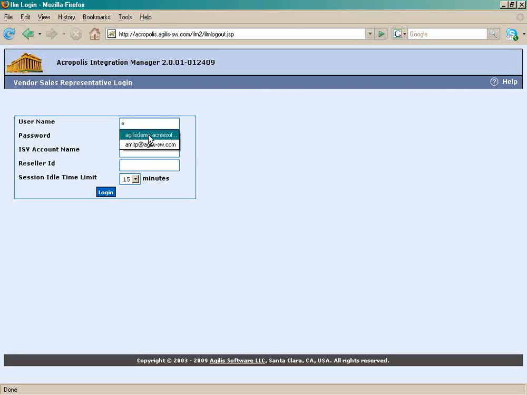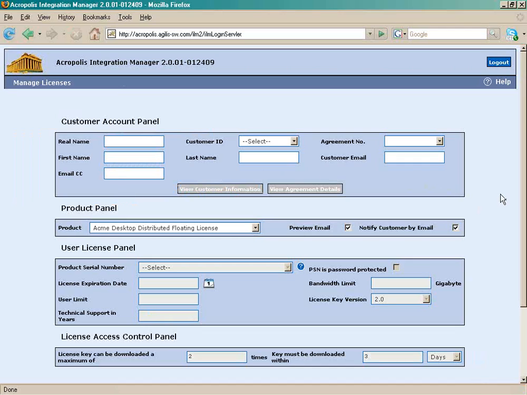I'll log into our demonstration account, and I'm going to log in as a company, Acme Software, and I'm going to log in as an Acme Software operator. You can see here I could also be logging in as a reseller. I could have a reseller account set up in this service, perhaps with constraints on the licenses I'm able to generate. But I'm going to just go ahead and log in here as an operator for this company Acme Software. And you can see here, this is the AIM web portal as it's been set up for Acme.